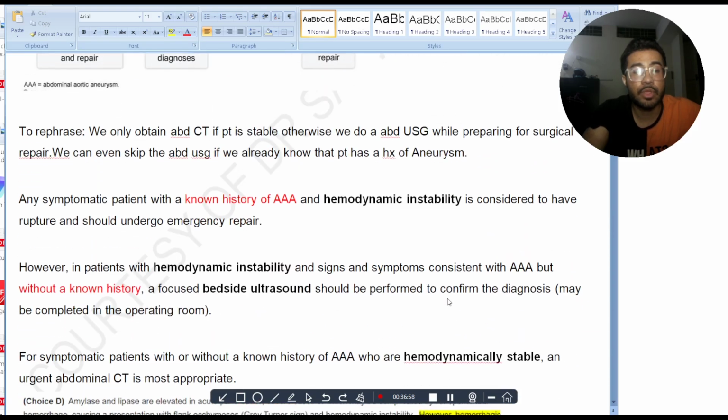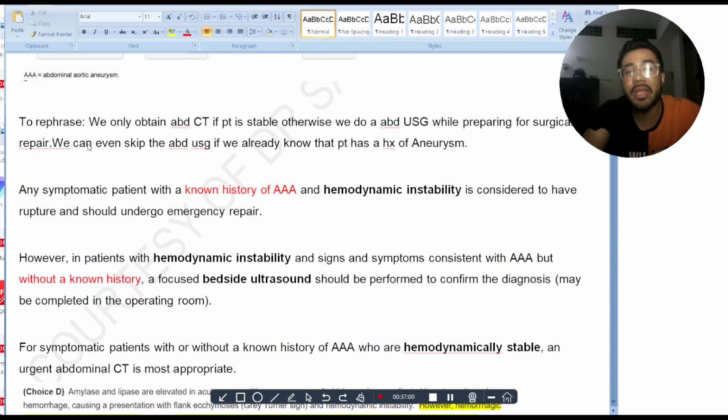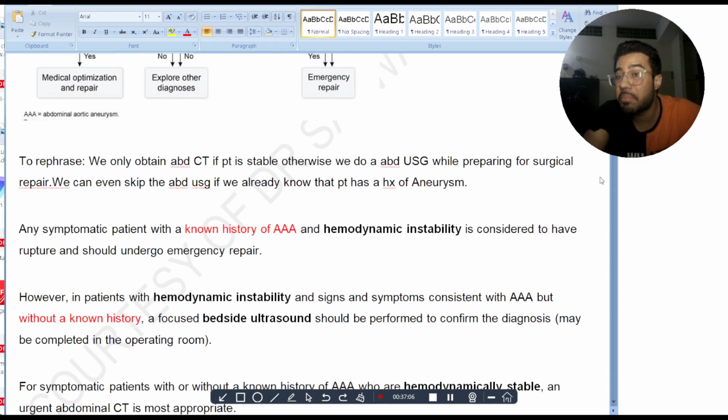So, to rephrase, we only obtain an abdominal CT if the patient is stable. Otherwise, we do an abdominal ultrasound while preparing for surgical repair. So, we only obtain an abdominal CT if the patient is stable. Otherwise, that is, if the patient is not stable, we do an abdominal ultrasound while we take the patient for surgical repair. And we can even skip the abdominal ultrasound if we already know that the patient had a history